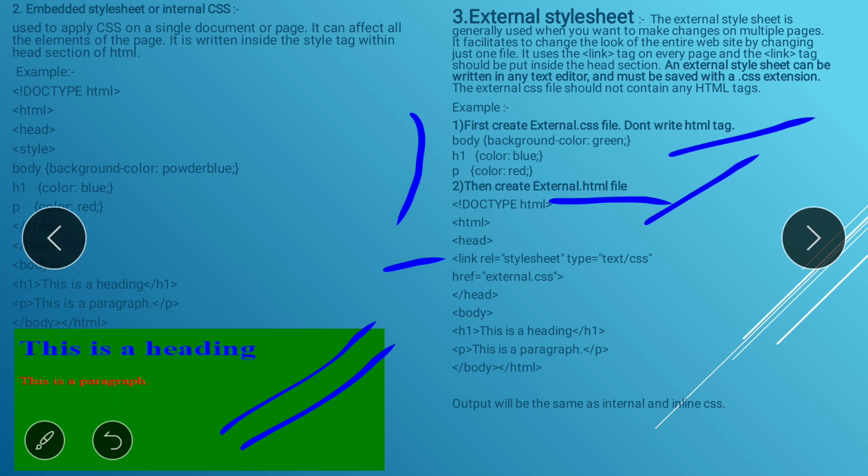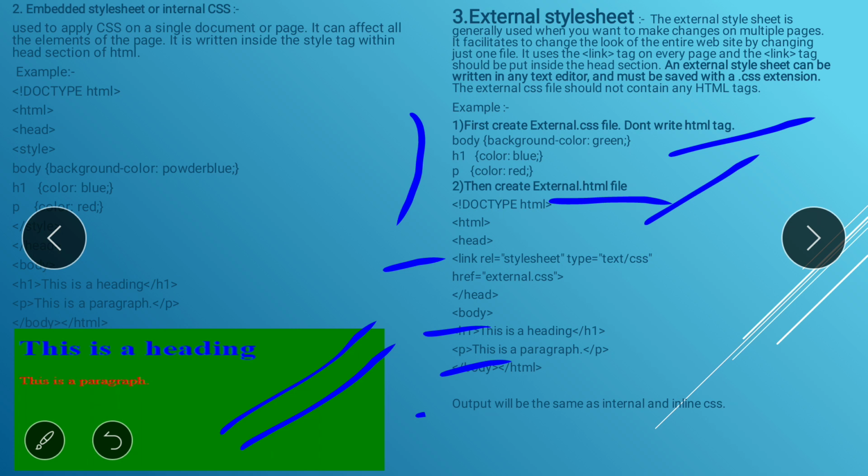लिंक इज द टैग. वहाँ पे आई राइट डाउन द REL मीन्स रिलेशनशिप क्या है, इक्वल टू स्टाइल शीट. तो जो फाइल मैं लिंक करने जा रही हूँ उससे हमारा रिलेशन क्या है, वो स्टाइल शीट है, राइट. व्हाट इज द टाइप ऑफ दैट फाइल, टेक्स्ट ऑब्लिक CSS मीन्स हमने टेक्स्ट एडिटर यूज़ करके उसको यूज़ किया है, और उसका एक्सटेंशन क्या है, व्हाट इज द CSS, right. And href is nothing but the path of that file, external.css. So head is complete, and write down all the body part as it is.